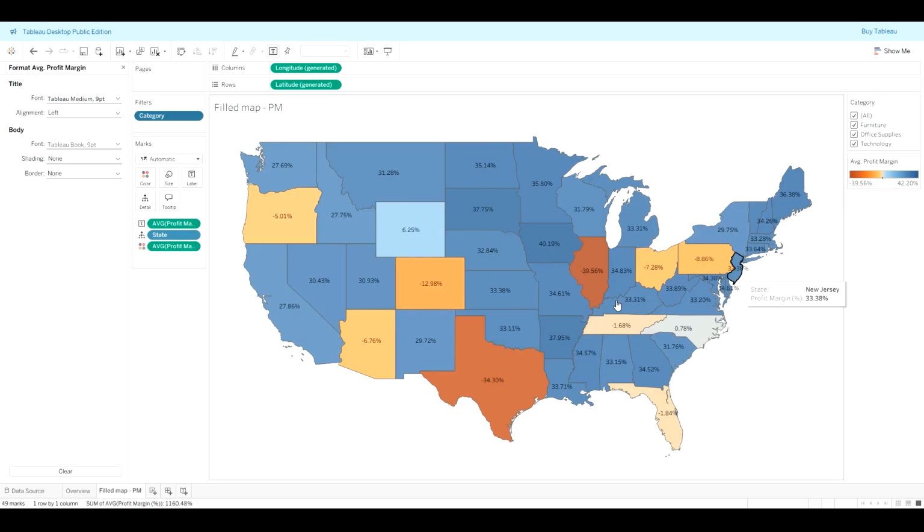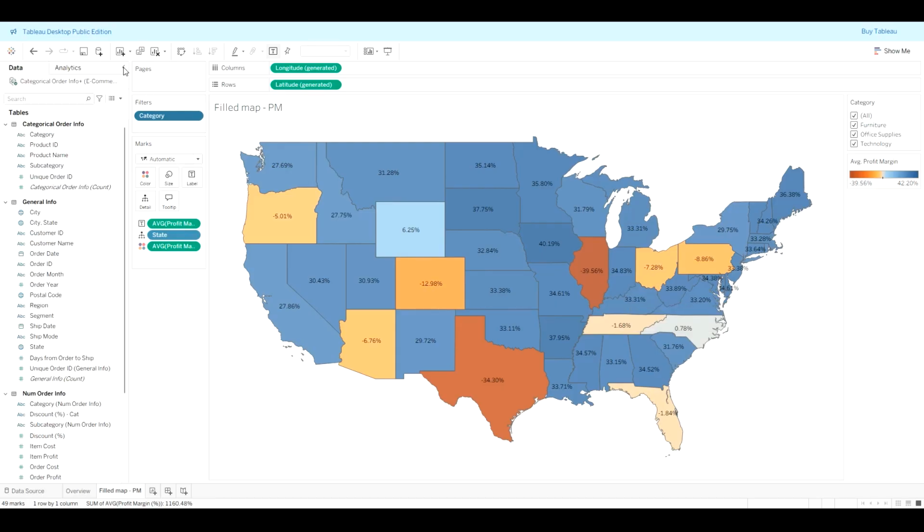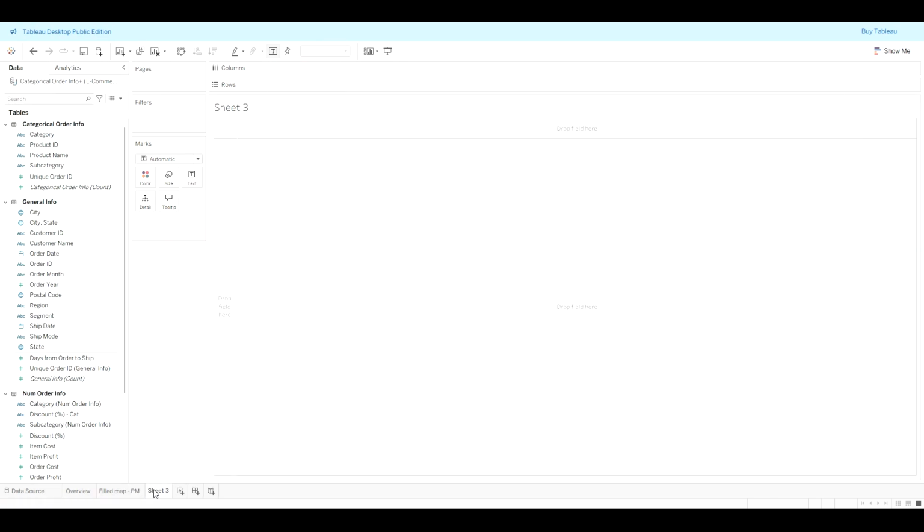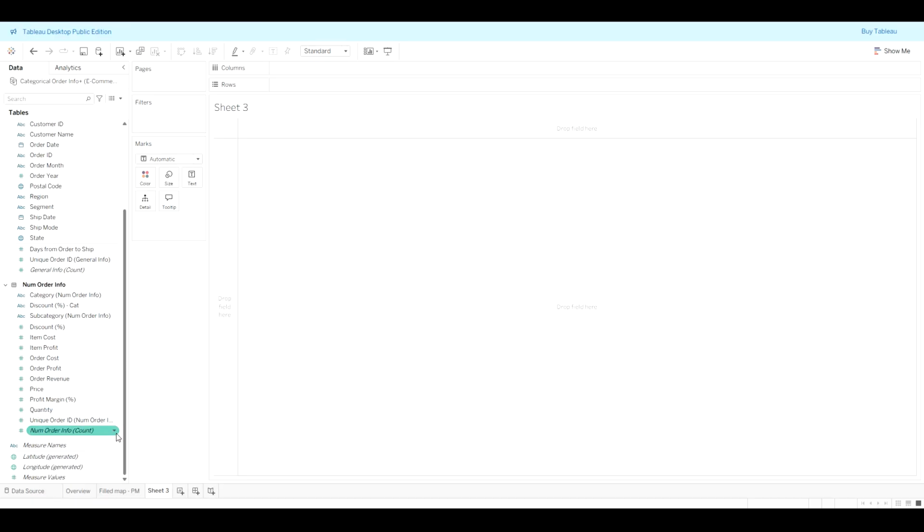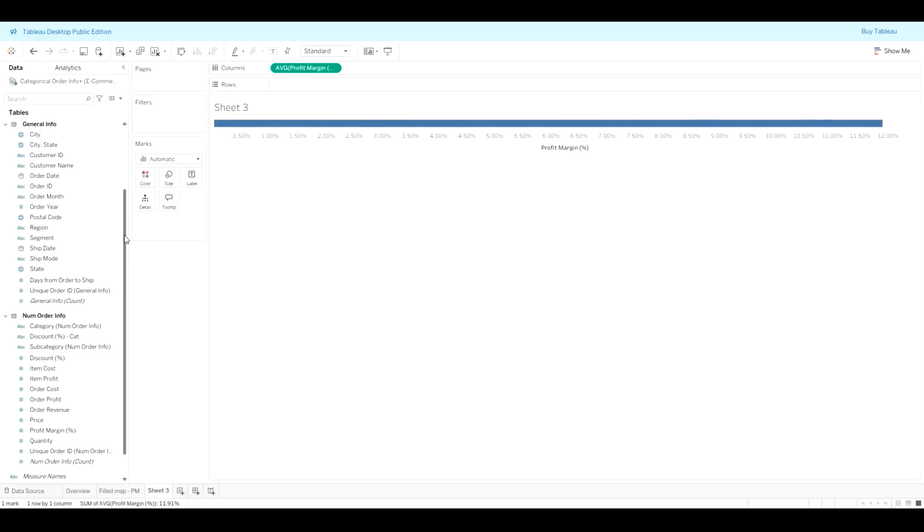Then what I want to do is hover over these and see each of the cities because I have that granular data. You could do zip code as well. Let's see. Let's build that table. So I'm going to go in here, click and create a new sheet. I'm going to try and think about how I want this. And again, I'm not going to have this be alone. I'm going to pull over my profit margin. Then I'm going to pull over